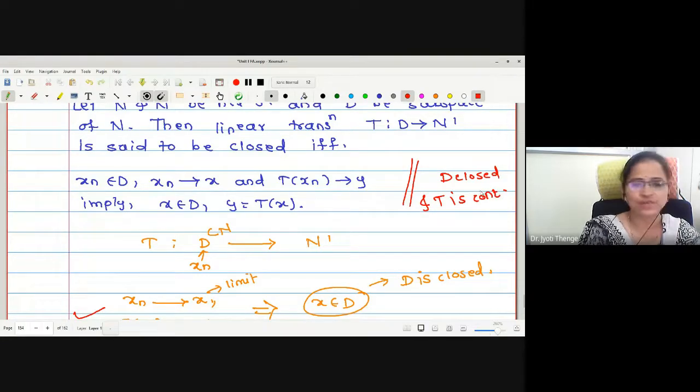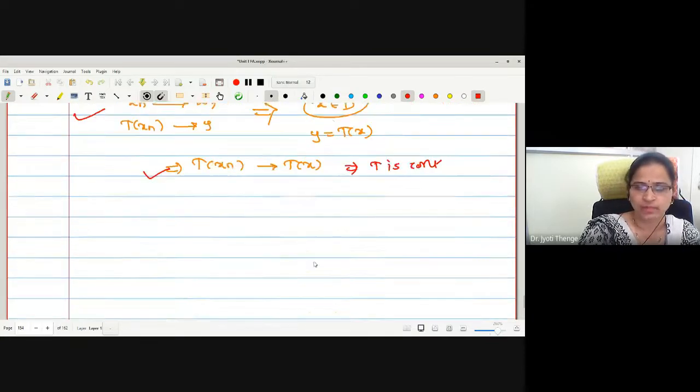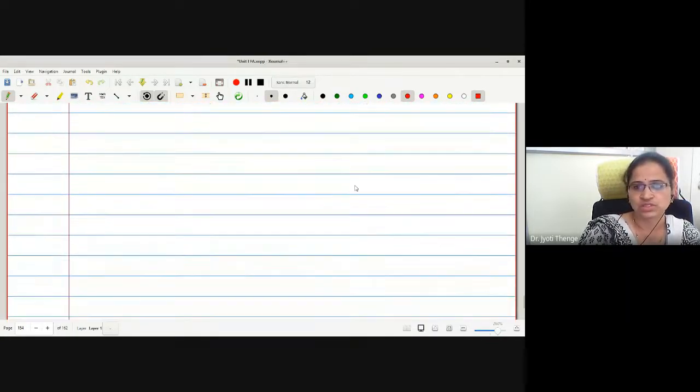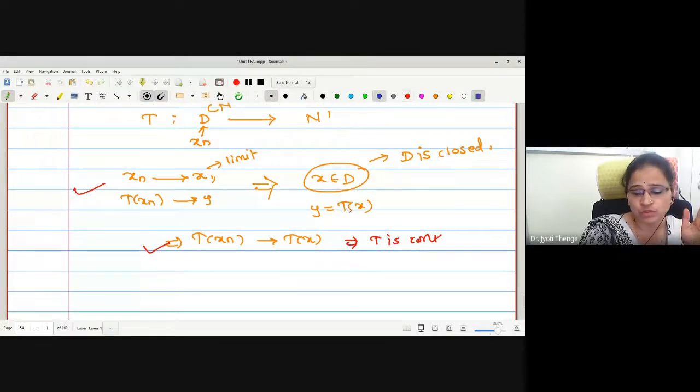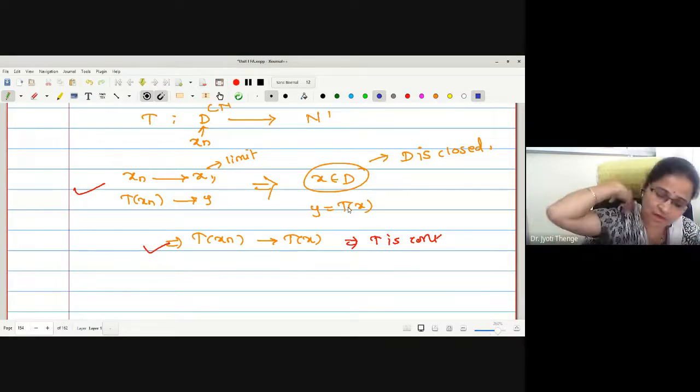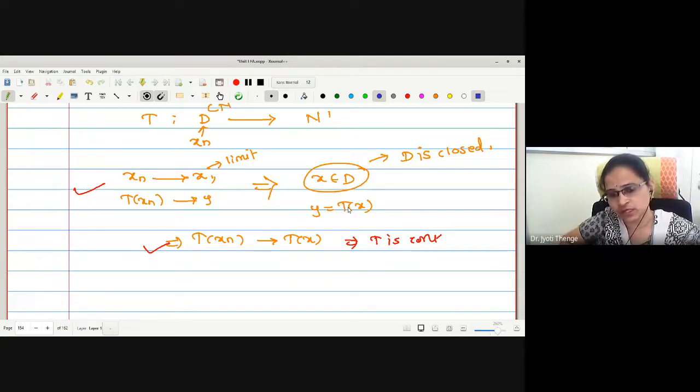With the two conditions, one can say that the mapping T is closed. Is that okay? Now, by making use of this closed mapping, we were going to think of the graph of T being closed. The first theorem we were going to prove under this heading is that the mapping T is closed if and only if its graph is closed.